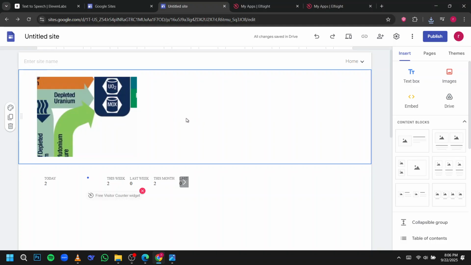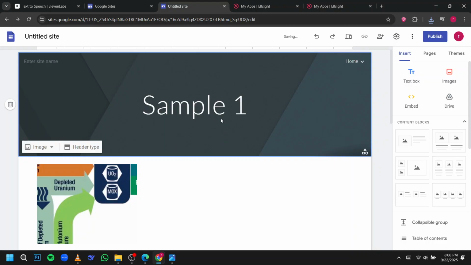anything important before proceeding. If you want to add a header, or replace the one you just removed, hover your cursor over the top area of your page. A prompt will appear giving you the option to add header. Click it to create a new header space where you can customize text, images, and layout to match your site's